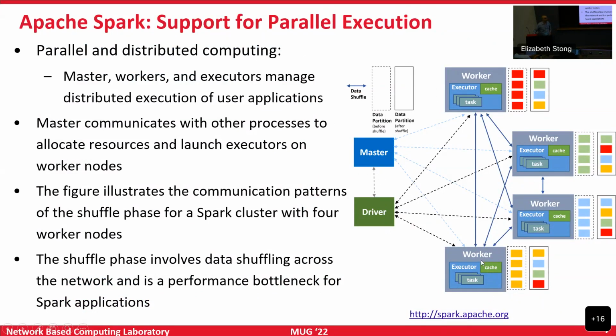So if you have assigned work to a worker and let's say it goes and fails, or if it is slow, the driver would know about it and it will simply go and launch a new worker. And in this case, I want you to focus on the first column of data here. So this is the red column, then the green column, blue column, and then the orange column. The workers are going to distribute data with one another, right? So at the end of this shuffle phase, which is the communication intensive part of Spark, each worker has a chunk of data from the other workers.